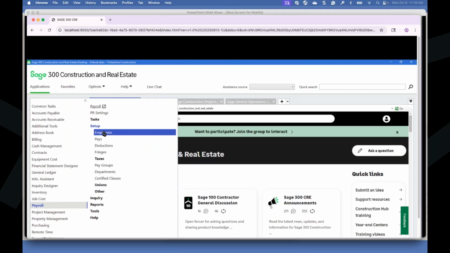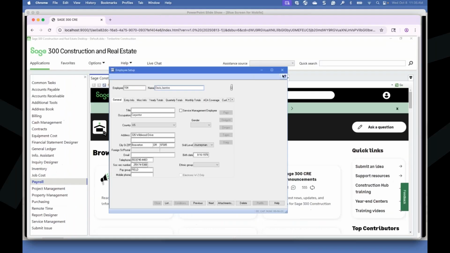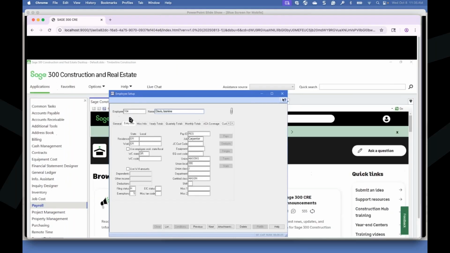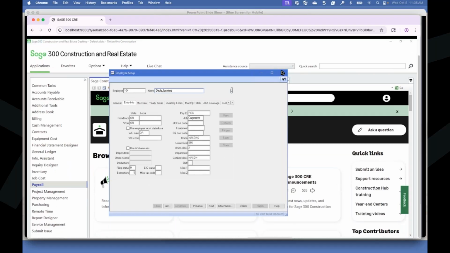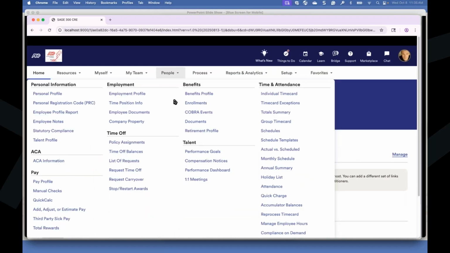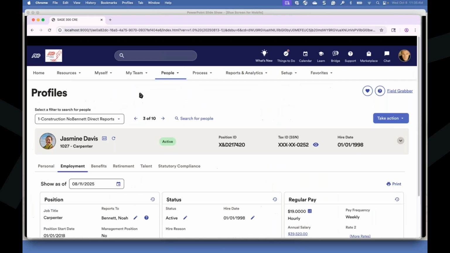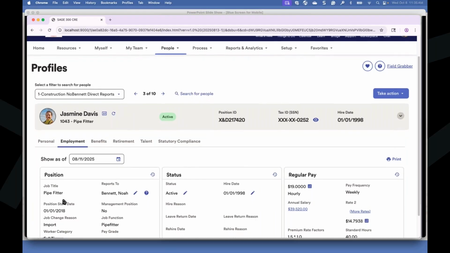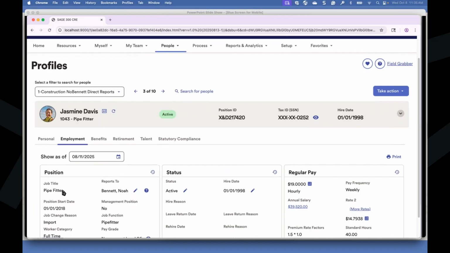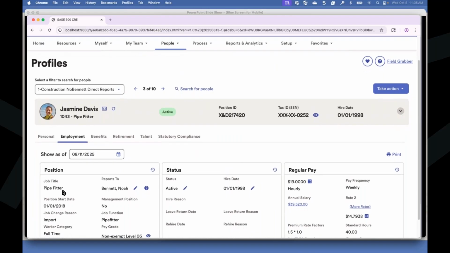So when you do hire somebody, or in this example that I'm going to walk through right now, I already have a person in here. This person is already in the system. They're listed in here as a carpenter. And as the carpenter, I recently said, they're not going to be a carpenter anymore. I'm going to go ahead and make them a pipe fitter. So I've updated them in Workforce Now. So Workforce Now would be your system of record for employee data. So all employee data will initially be entered into here.